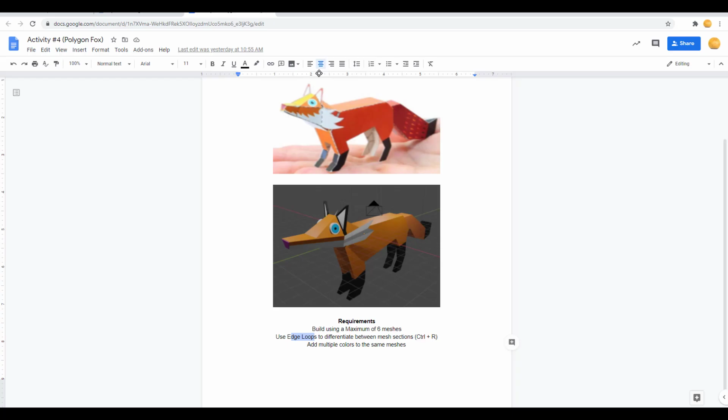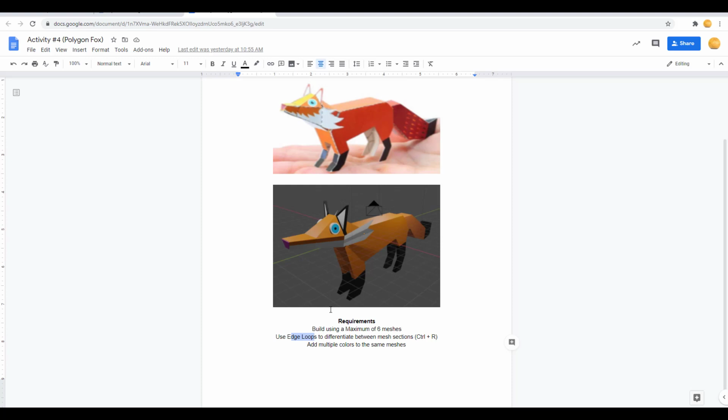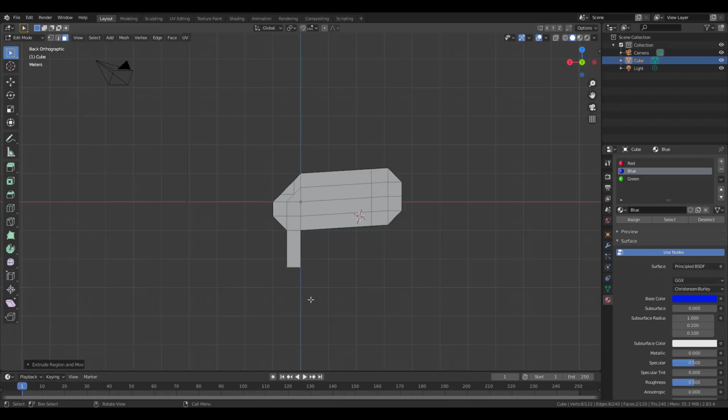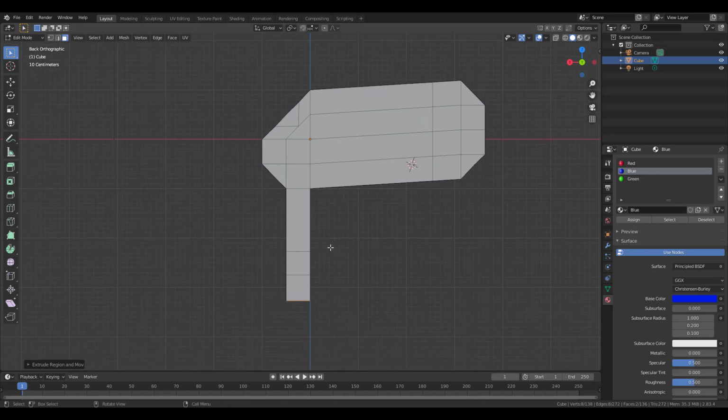and I'm going to drag out part of the leg. So it looks like it's going to be at least 3, maybe 1, 2, 3 polygons. So I drew out the first one, then I'm going to press E again, drop that, and then E again and drop that. Okay, so I built that first leg,